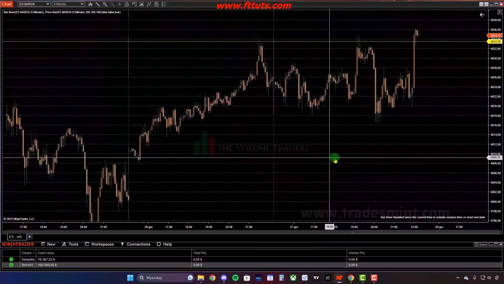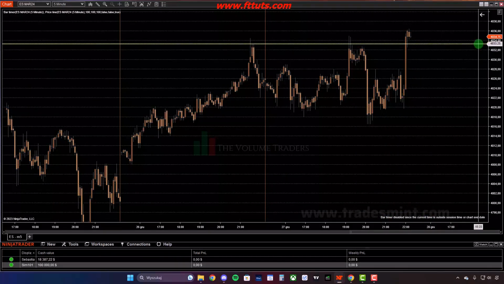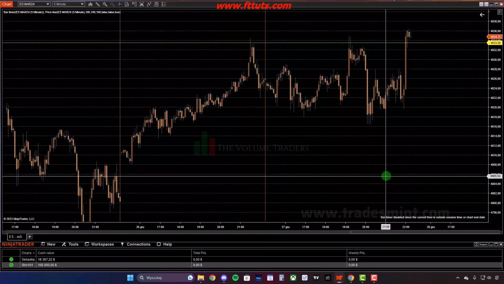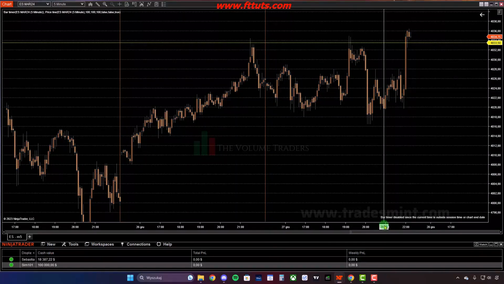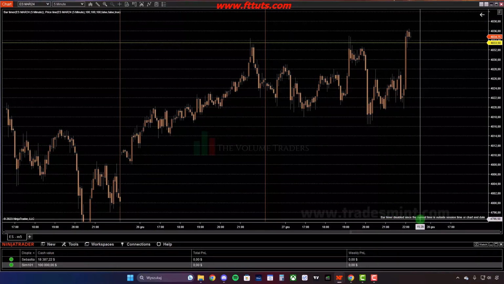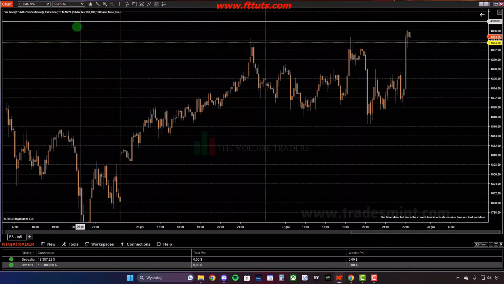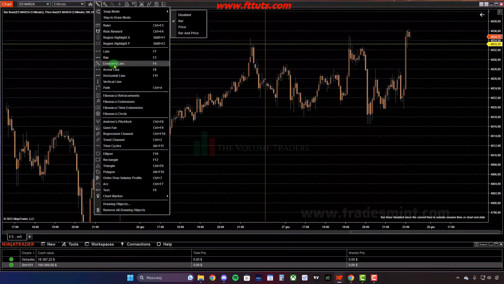Okay, so this is my very, very basic setup. I have a price line, I have a horizontal level set to 2 points, and I have my daily vertical lines. Next important thing which I use, these are the drawing tools here in this pencil. Here's the whole list which NinjaTrader offers,